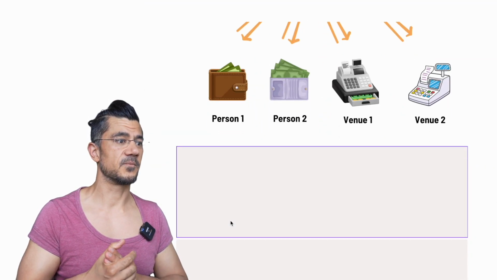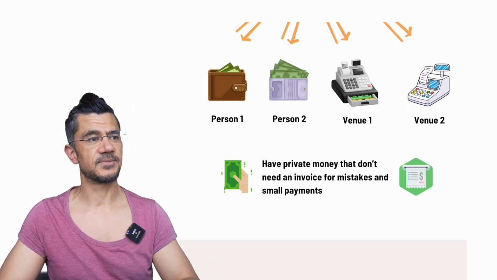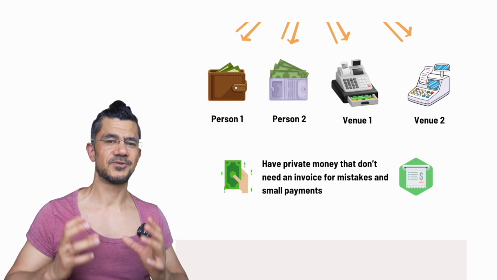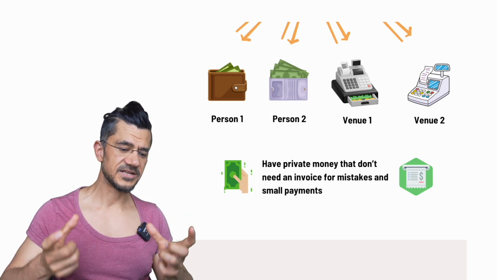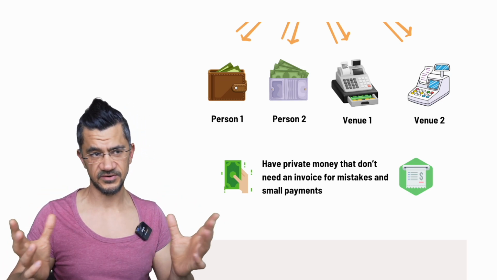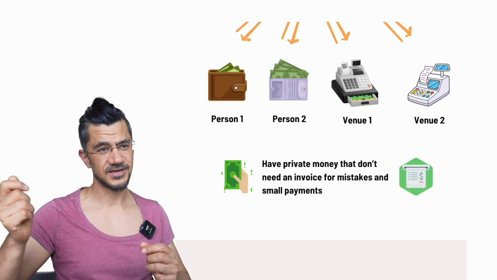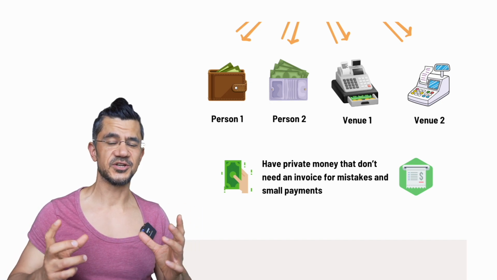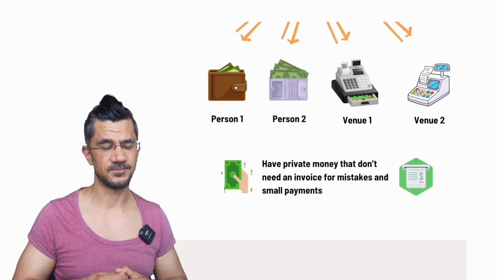But one pro move is to think about putting aside a little bit of private money, or money that you don't need to account for whatever reason, where this doesn't need to make it into the bookkeeping. And it solves so many issues, smaller things. When 6 euros is missing here, okay, just take from this budget.